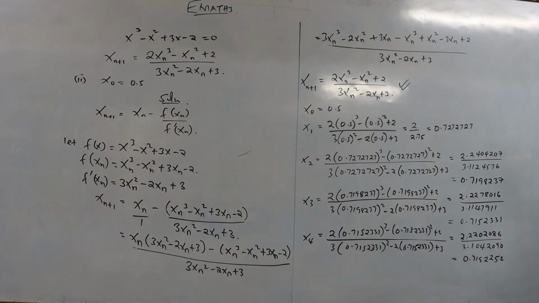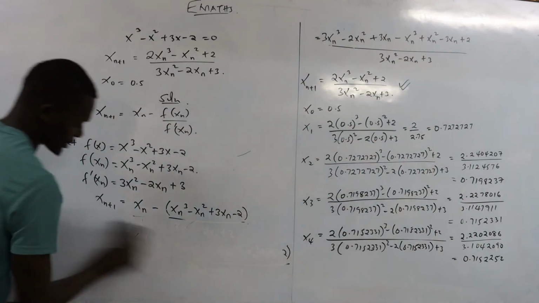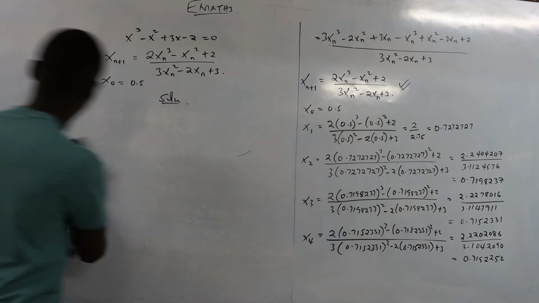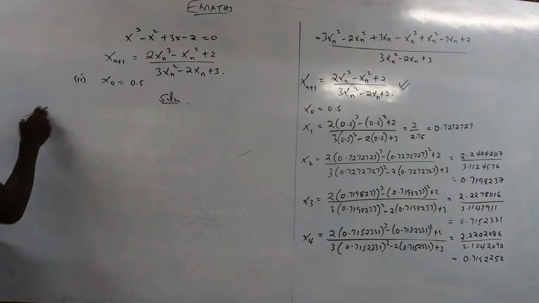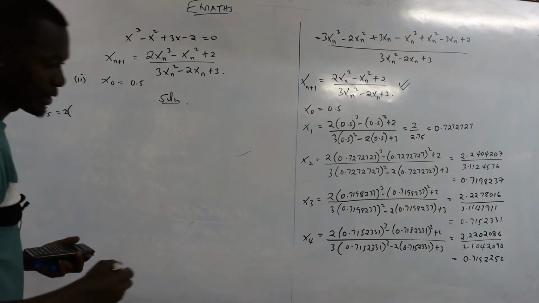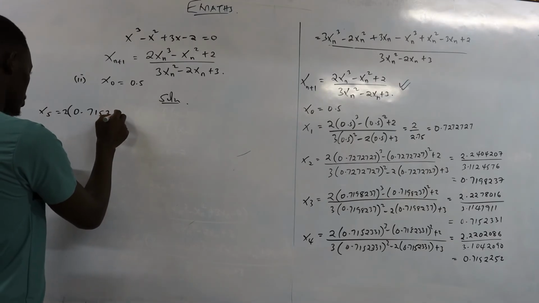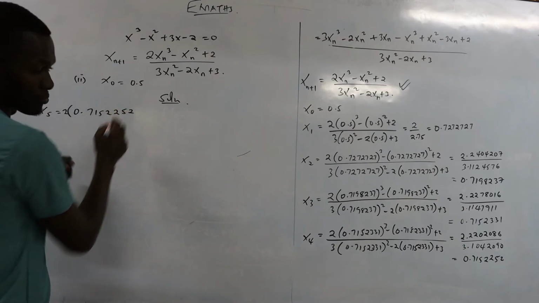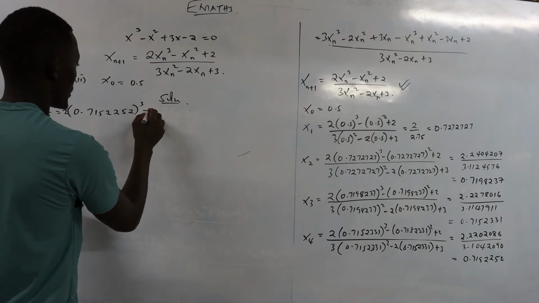Now let's check the last one. Let's check our x5 to see if it gives us the solution to that. So our x5 we shall have 2, our 2 there, then 0.7152252. Okay, then we have that one which gives us what? Cubed minus